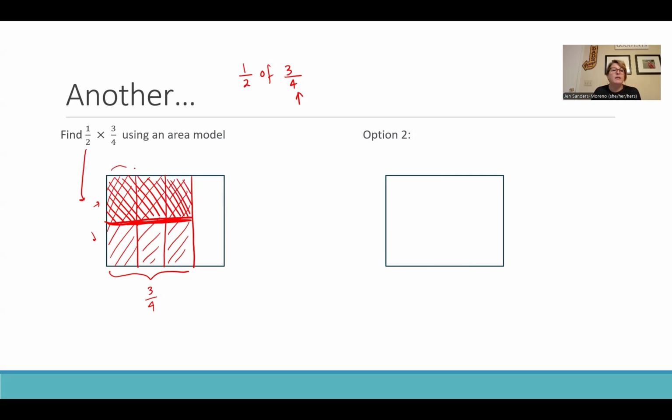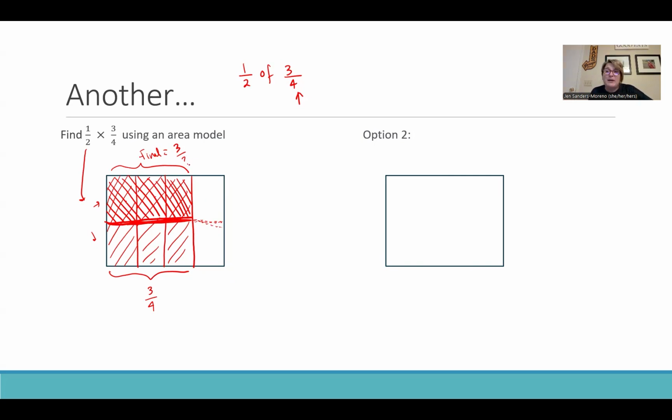Okay, so this is my final answer. My final answer is 1, 2, 3 out of... Ooh, I don't know. I need to extend the cut to know what size these squares are. Oh man, my cut looked awful there. Okay, it's still getting worse. All right. But what I've got is